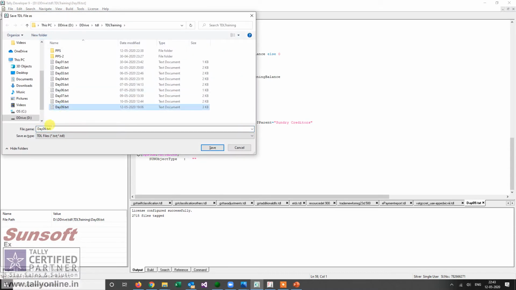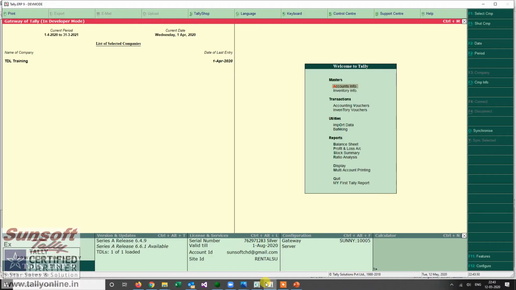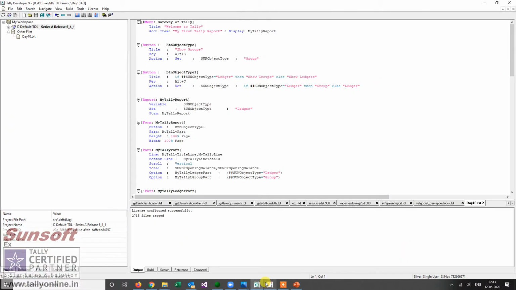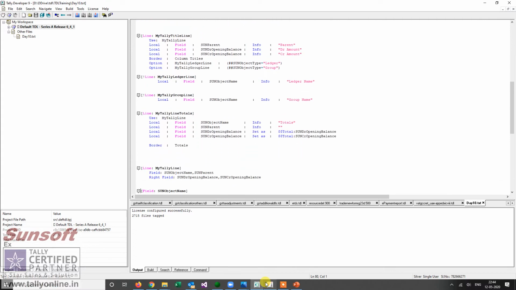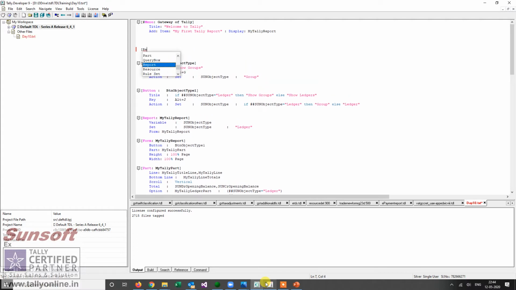We are in day 10 today, so today we are going to write a new report which will be on ledger voucher. Sorry, I'll keep the earlier report because I'll be using it at some later stages. I'm creating a new report right here.